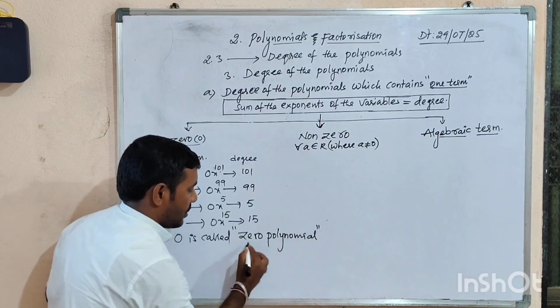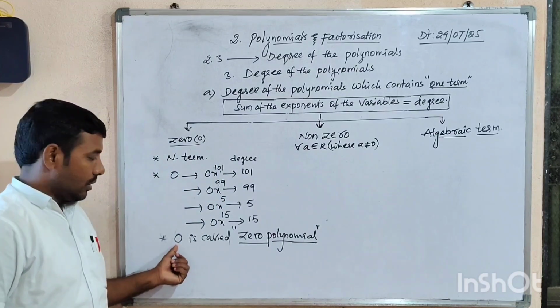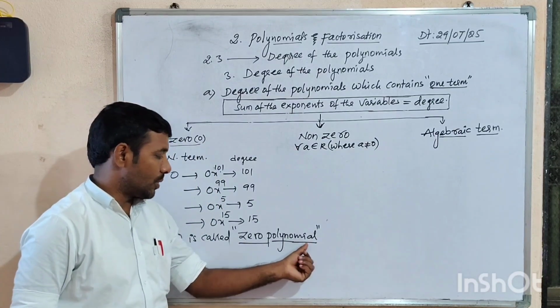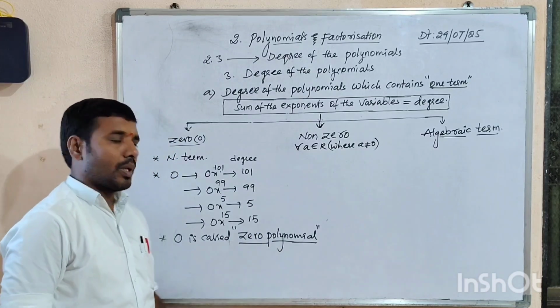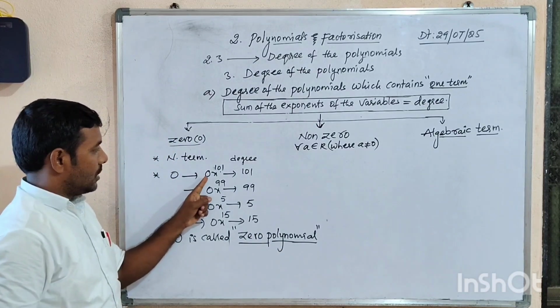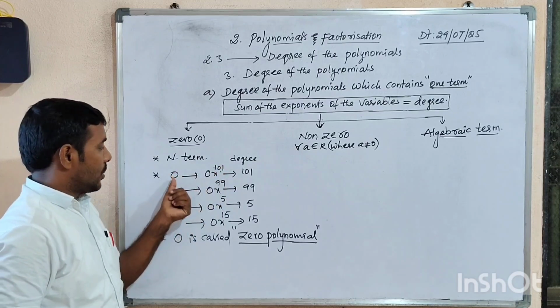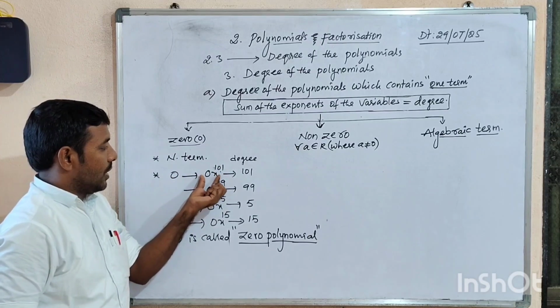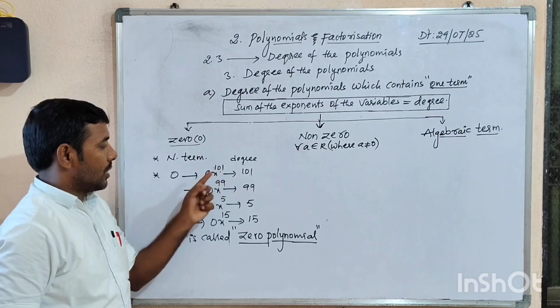Very important, students, observe carefully. Why is 0 called the zero polynomial? Because 0 can be written as 0x to the power of 101. When 0 is expressed in such a way, like 0x to the power of 101, definitely this is